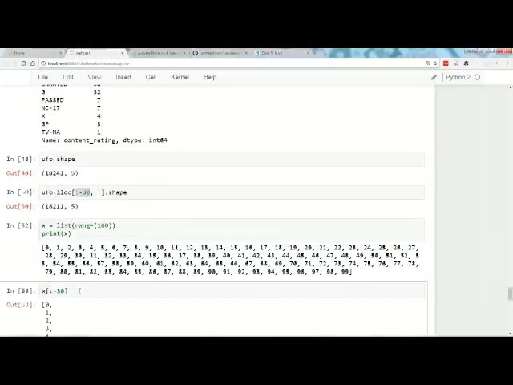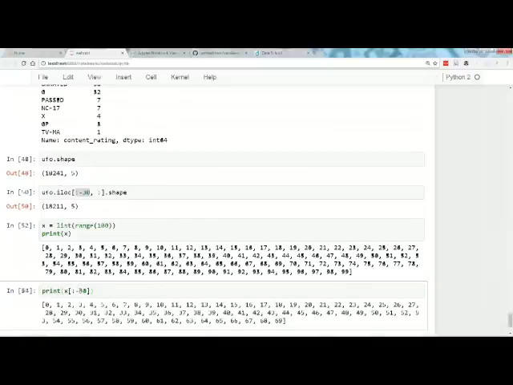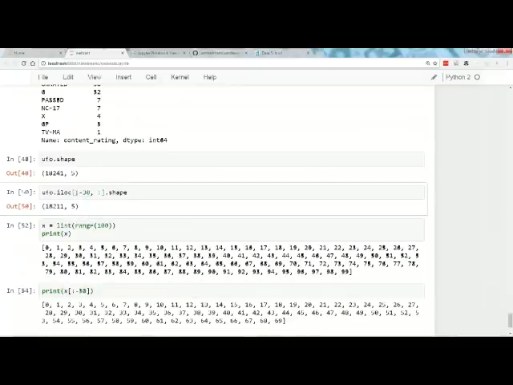Let me print that so you can see it. So that's everything except the last 30. I'm doing the same thing with iloc. I want all the rows except for the last 30, and then I want all columns. And it removes those 30 rows.